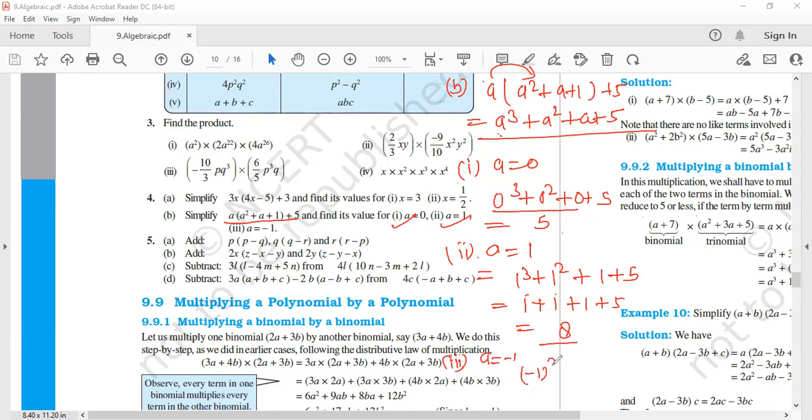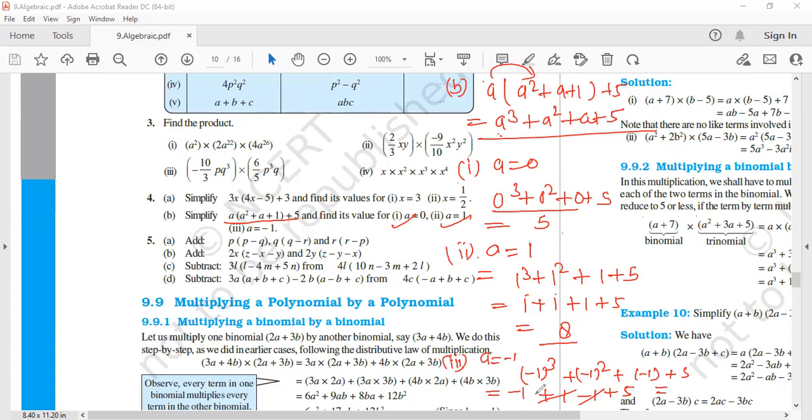And for a is equal to minus 1, the third part is also given. Let us solve that one also. So minus 1 cube. Please focus on this part. Well, this is important. Plus minus 1 square plus of minus 1 plus 5. So you know that the cube of a negative number remains negative, so minus 1, and the square of a negative number will always give you a positive number, and this one is simply 1 to an odd negative power, which always gives you a negative number, plus 5.